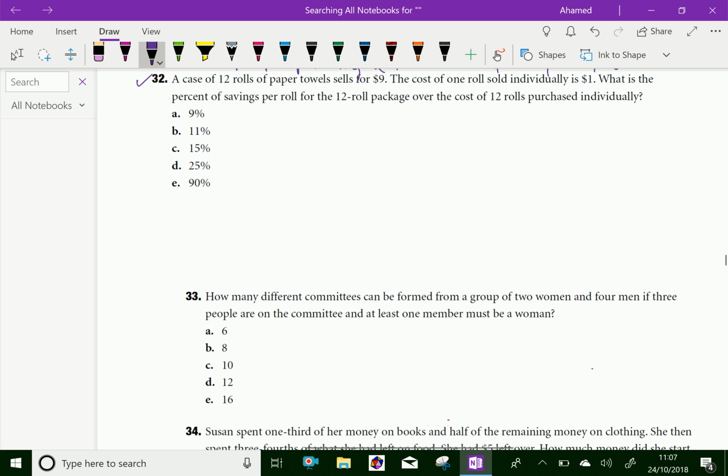Here, the cost of 12 rolls is 9 dirhams. If the individual purchase of each roll is 1 dirham, so $1. Therefore saving equals 12 minus 9, which is equal to $3. Therefore saving percent